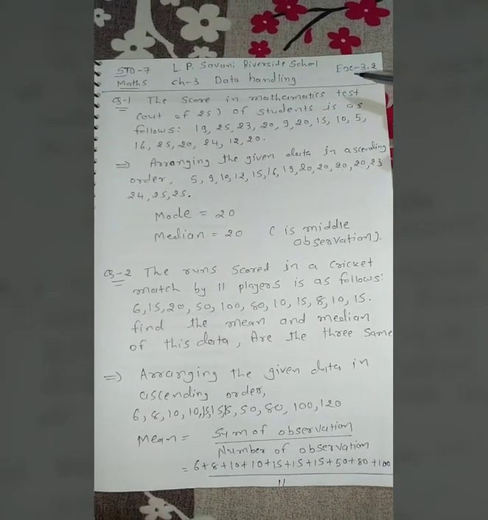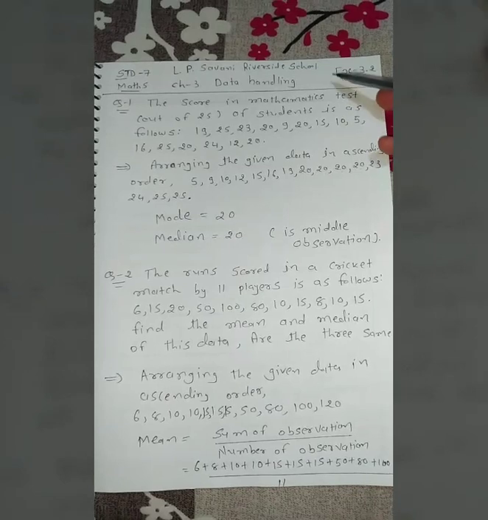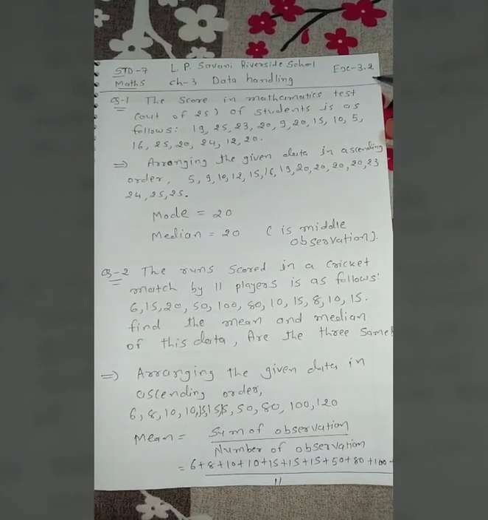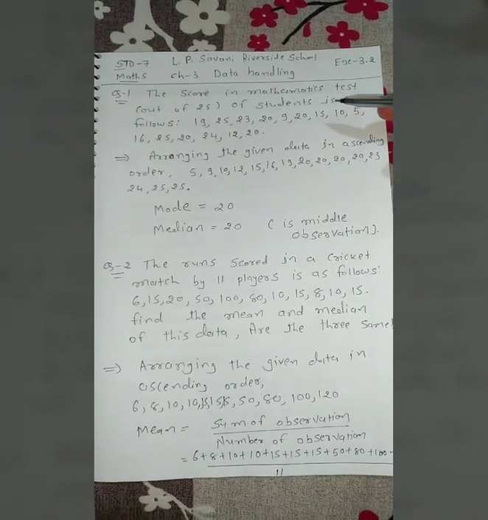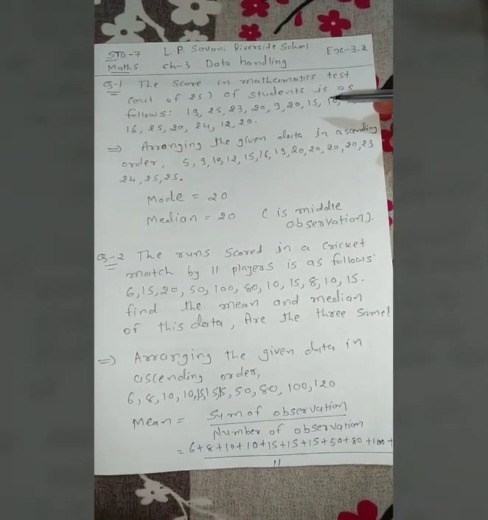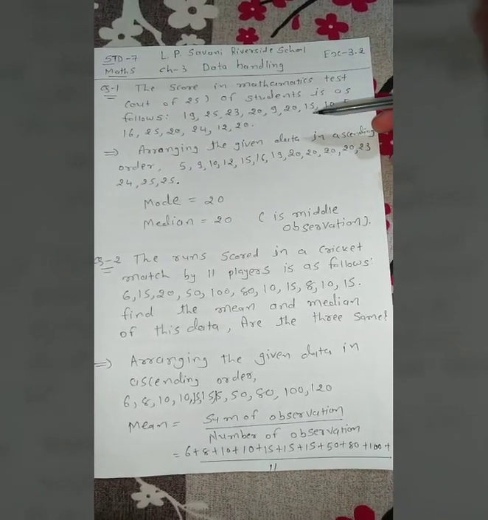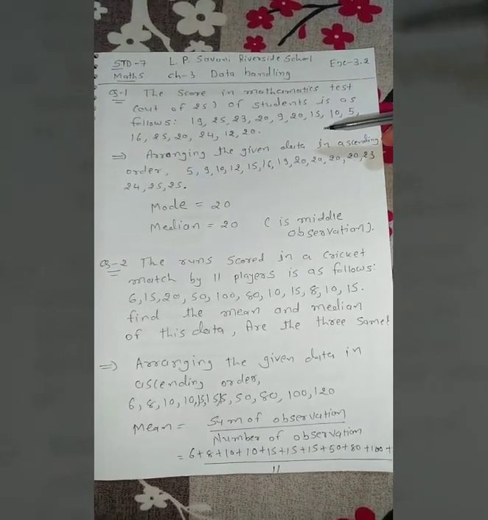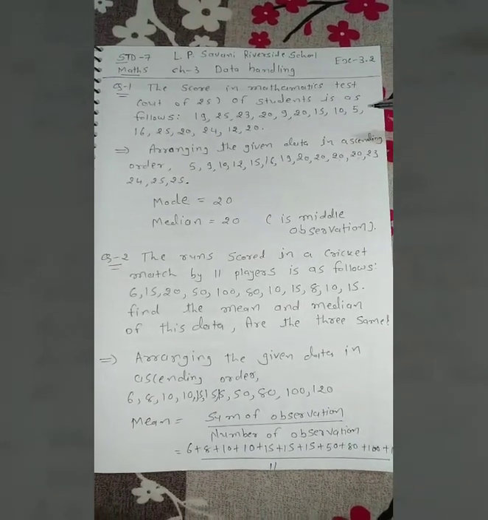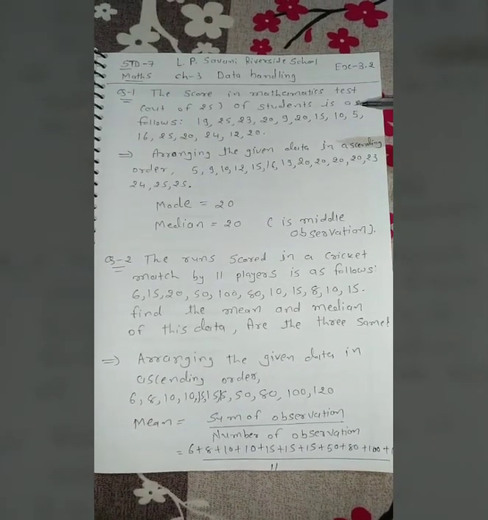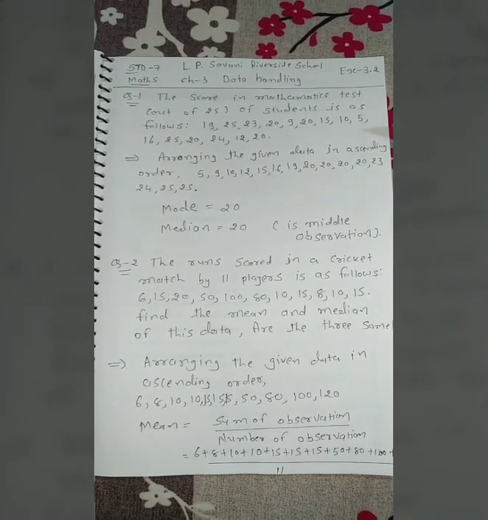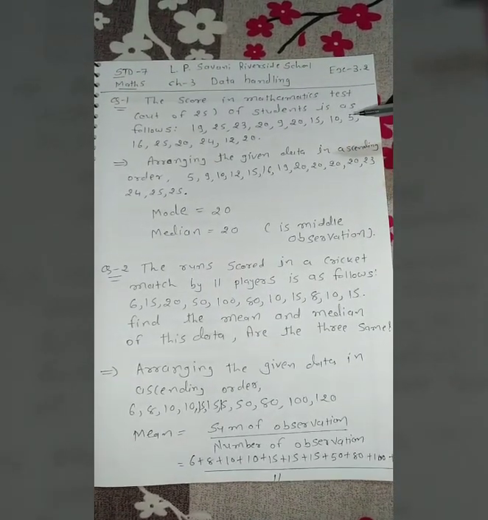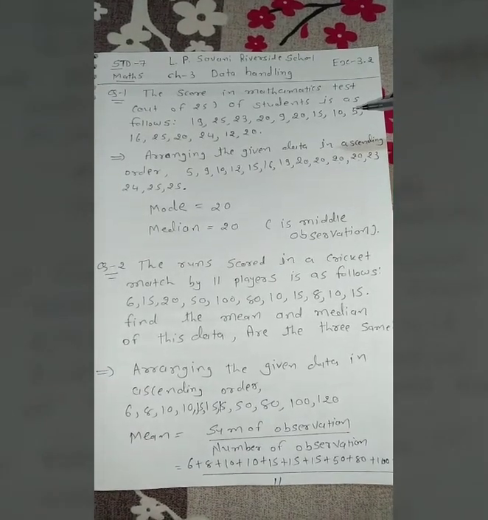In the previous lecture, you already learned about exercise 3.1. Let's begin with exercise 3.2, question number 1. In this exercise, you have to learn about mean, median and mode of the given data. This is a very simple thing. Just give your attention here 100%. This is quite easy for every student. Not hard. Give full concentration and try to learn it properly.